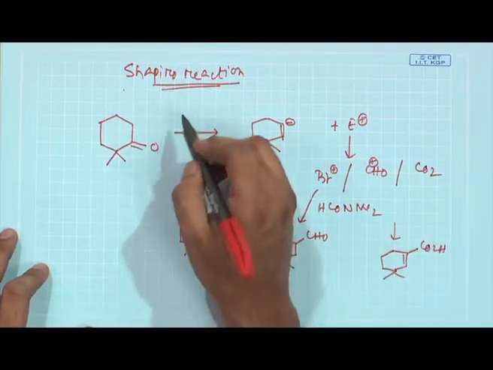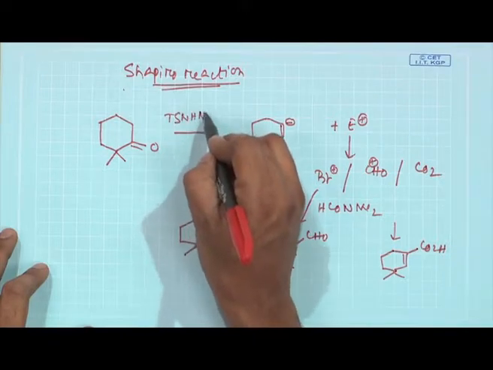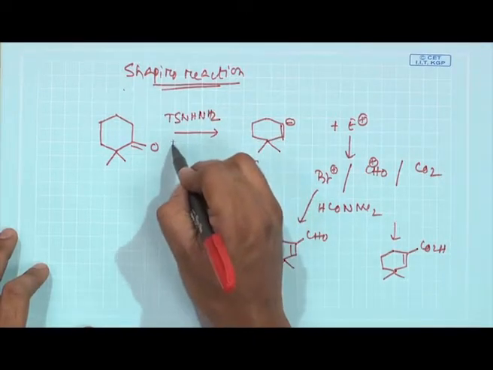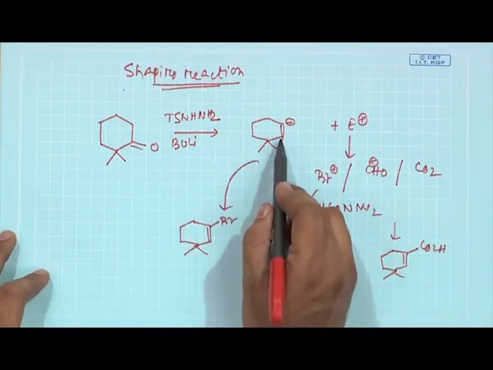In the Shapiro reaction, what exactly was used? We used a tosyl hydrazine and then treated with excess base, butyl lithium, that basically gives you a vinylic